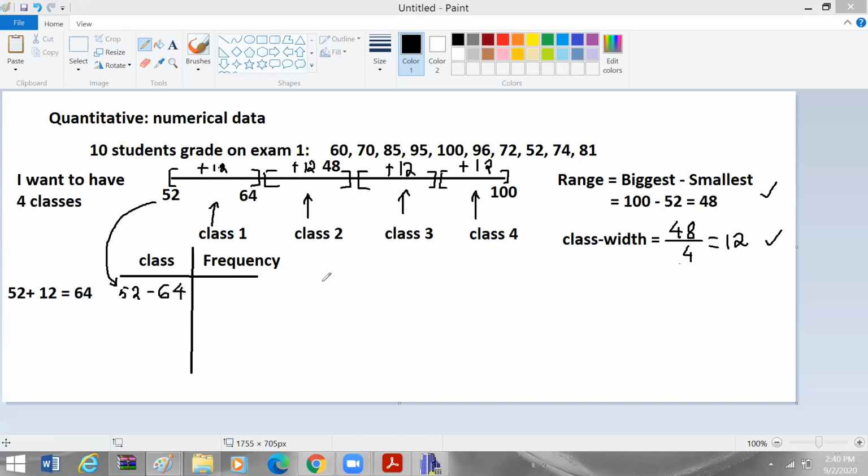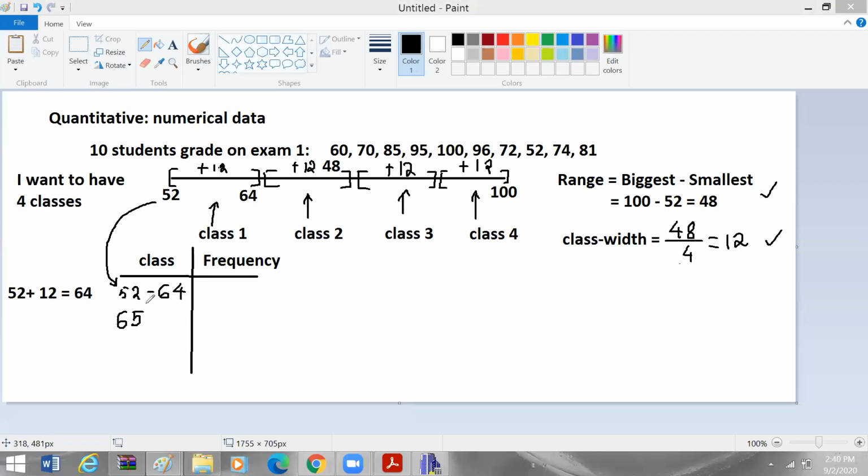Okay, after we set up the range correctly, we're going to throw the data set into each range that we set up. So that's important. The next class should be one number bigger than 64. The reason we cannot have 64 is that if one student's grade has a score of 64, we don't know where to put it. Should we put it in the first class or the second class? We don't know that. So it's always better that we increase by one. So we start from 65, so we can put them down.